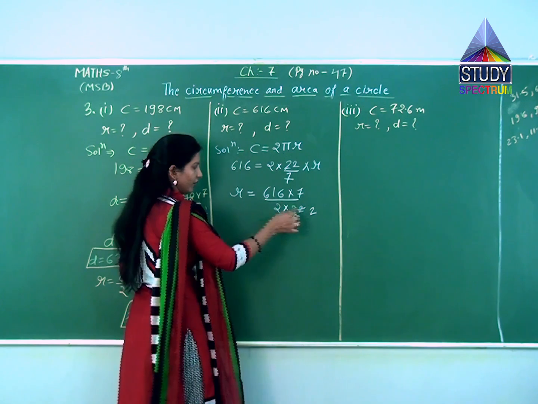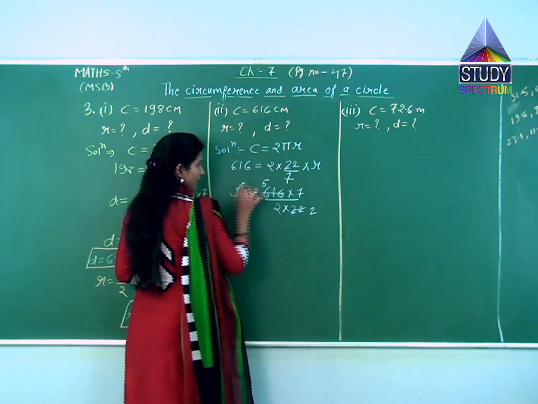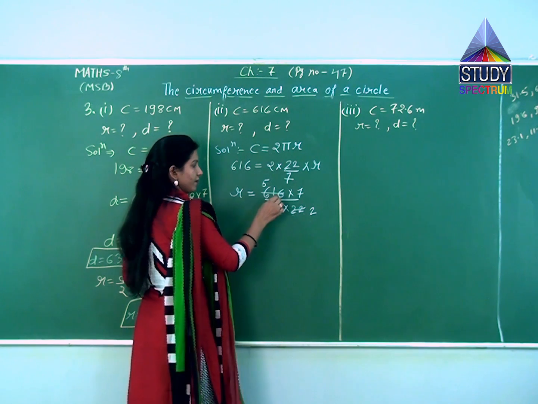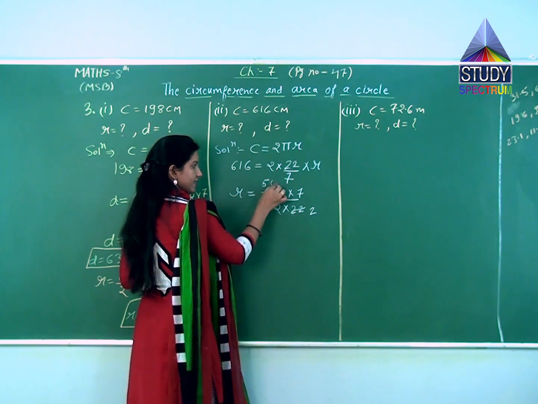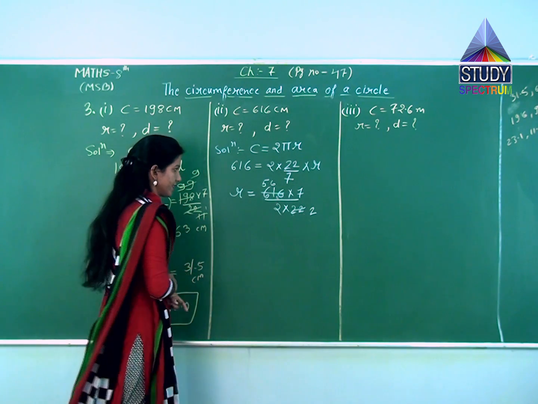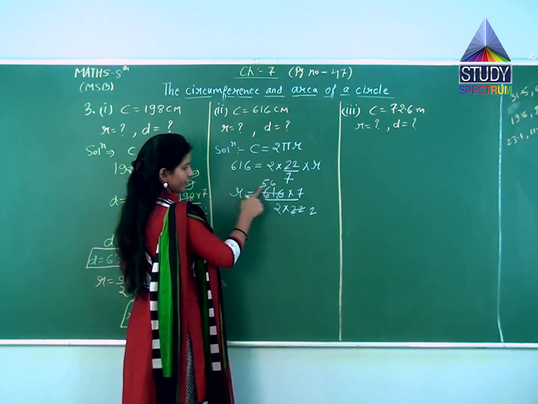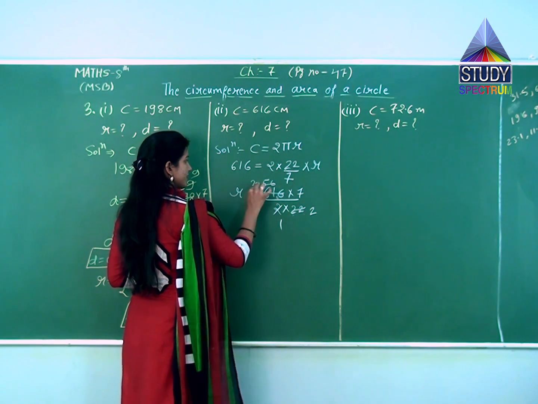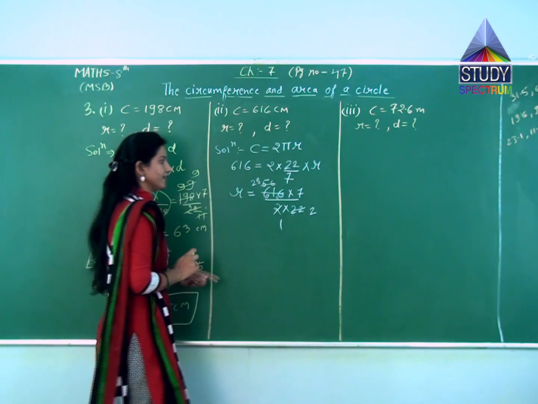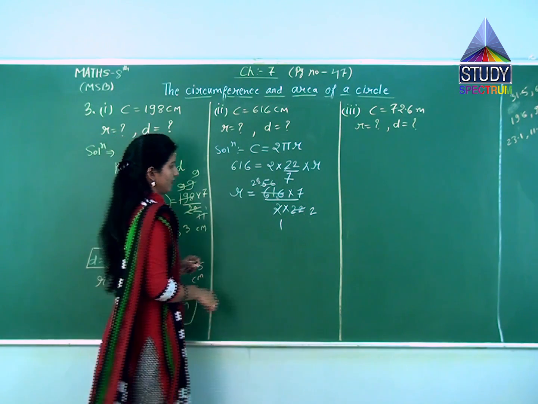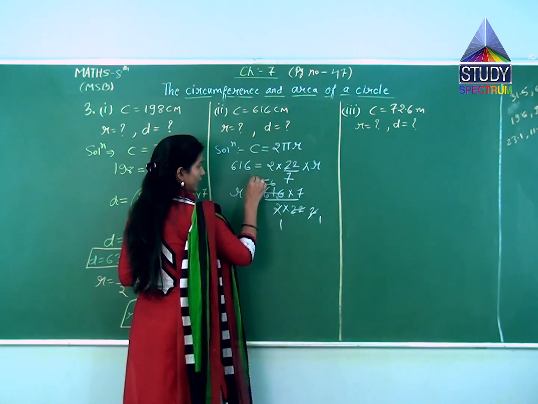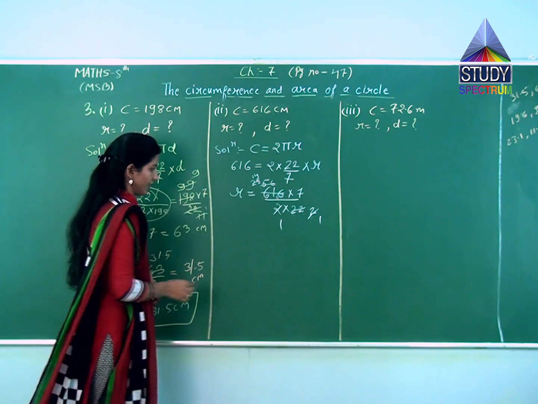11 2s are 22. 11 5s are 55. 6 remainder. And 11 6s are 66. Now this 56 can be divided by 2. Yes. 2 1s are 2, 2 and 2 28s are 56. Now this 28 can be divided by 2. Yes. 2 1s are 2 and 2 14s are 28.